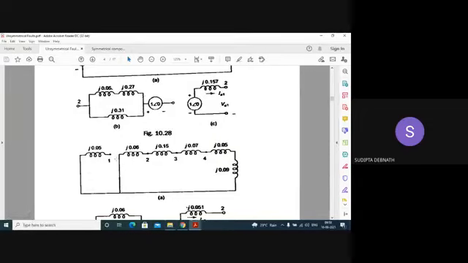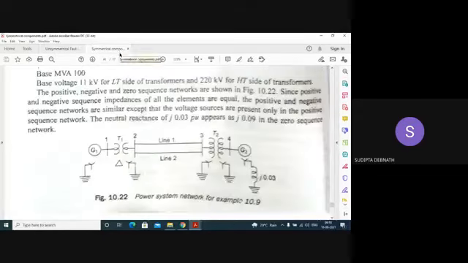but this transformer is delta star, isn't it? This is delta star. So delta star means,